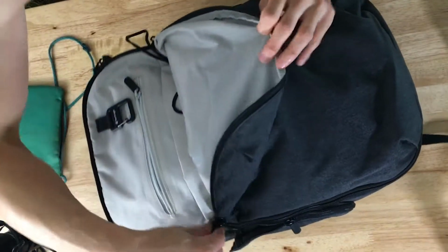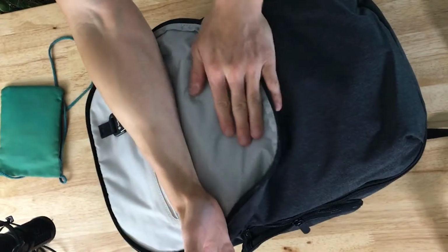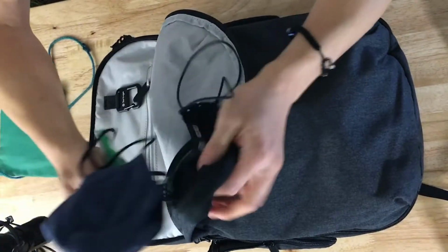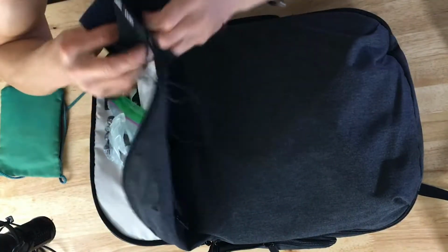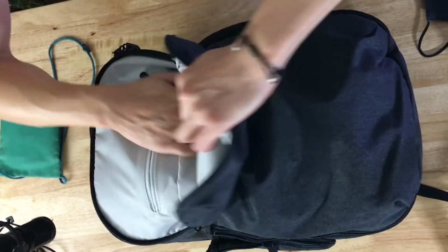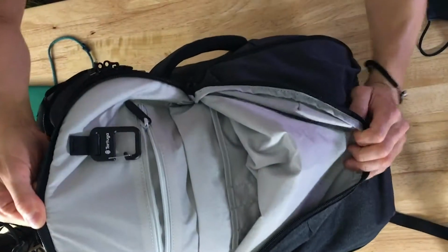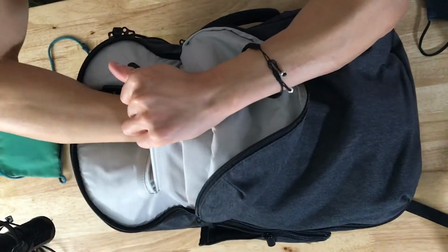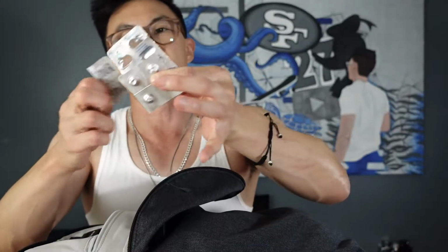So here's the front panel, and this is where I will say I was surprised. I didn't realize, and I like it, that there's three separate compartments to this thing. So there's this one, which unzips down to here, like a third of the way down. And within it, there's some organization. I've got masks in there because you have to wear masks all the time when you're traveling, right? Got little snacks. And then there's organization. You can see in there, right? So you've got this zip up here, which I did use for